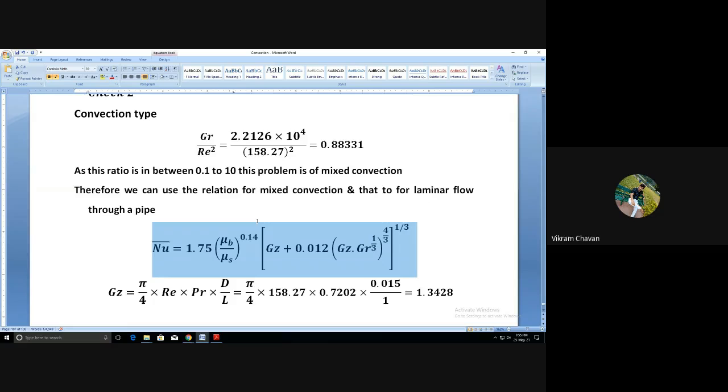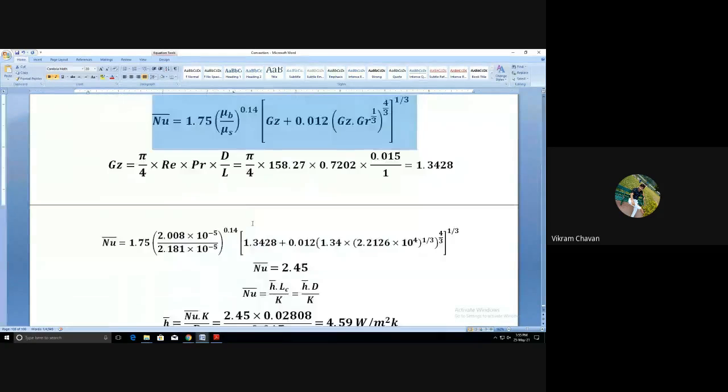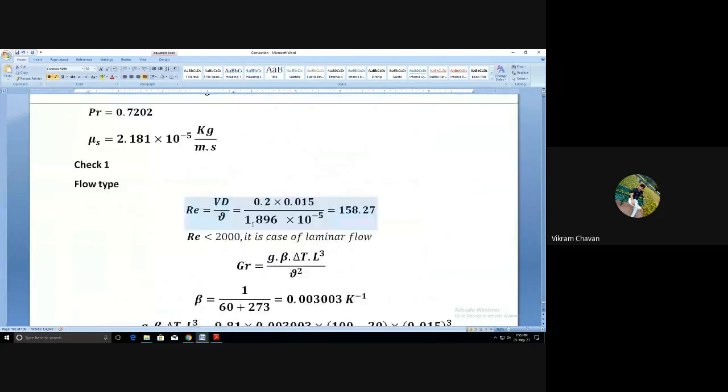Okay, and properties are also provided in the problem, because up till now they have not provided the property table for the HMT papers, heat transfer papers. So the properties are also provided in the problem statement, no issue. We have to consider those properties only, and if not provided, then the property table will be provided to you. Okay. Is there any question, any doubt out of these particular points or this particular problem?